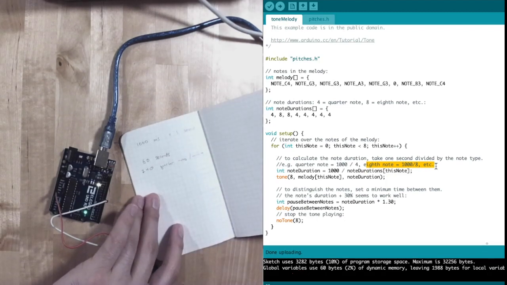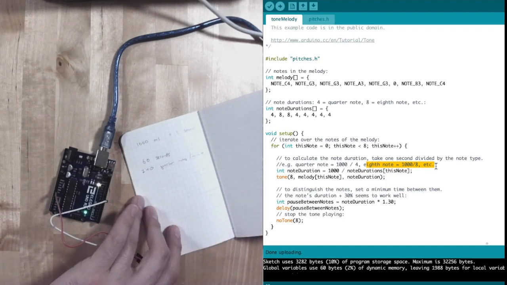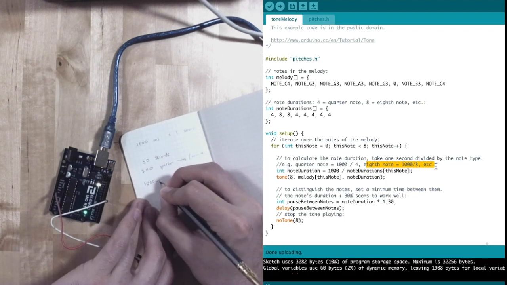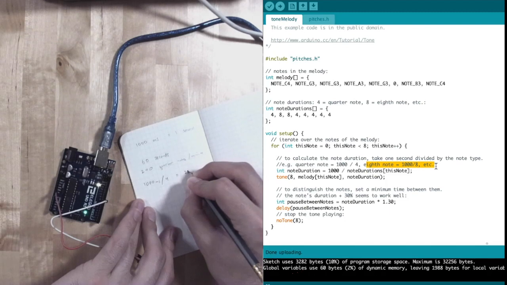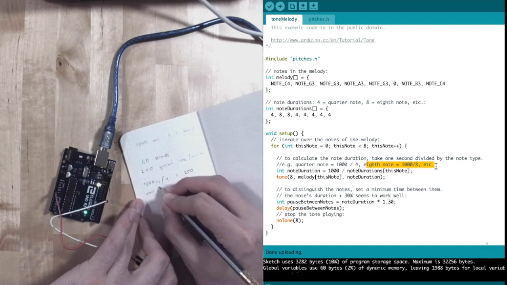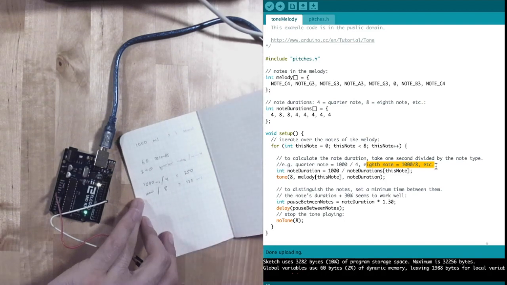And the Arduino actually sees this in something like that. It doesn't see a grid of measures that have different note values. It sees only absolute values. This thing lasts 1,000 milliseconds. This one lasts 250 milliseconds. So for example, each quarter note is going to equal 250 milliseconds because 1,000 milliseconds divided by 4 is 250. Then an eighth note, which is half of that, 1,000 milliseconds divided by 8 is going to be 125 milliseconds. So basically, you're giving it these values that it needs to divide by: 4, 8, 8, 4, 4,